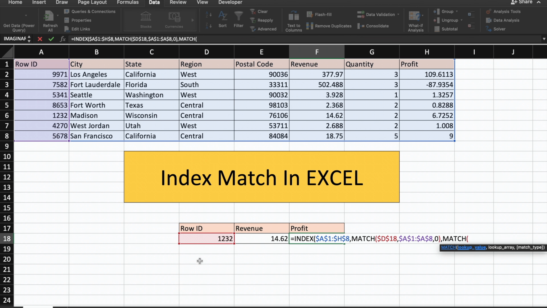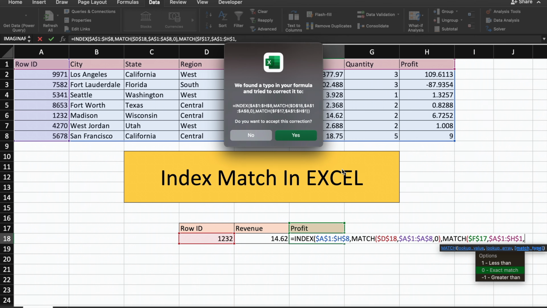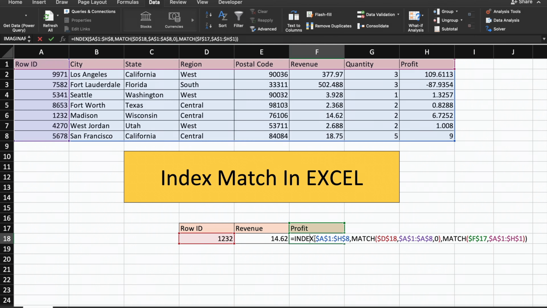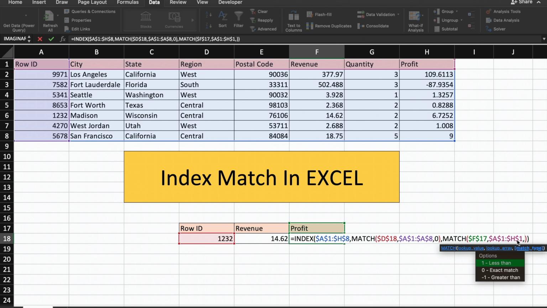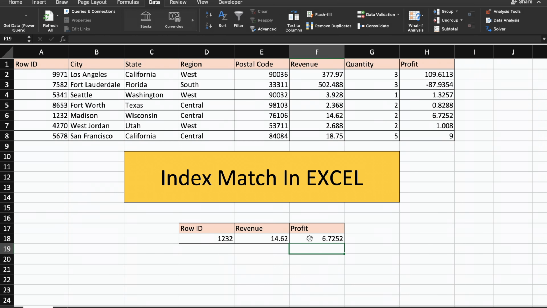Like this. The lookup value is profit. I will freeze this again, comma, lookup array. The array is this. So here is the lookup array. I will freeze this also, comma, 0. Press Enter. Here you can see